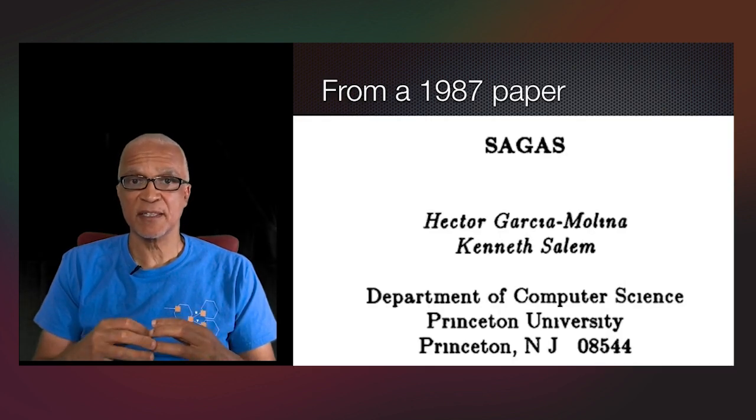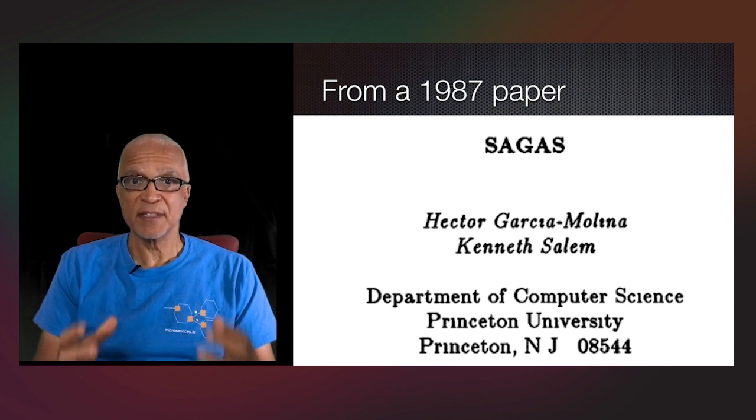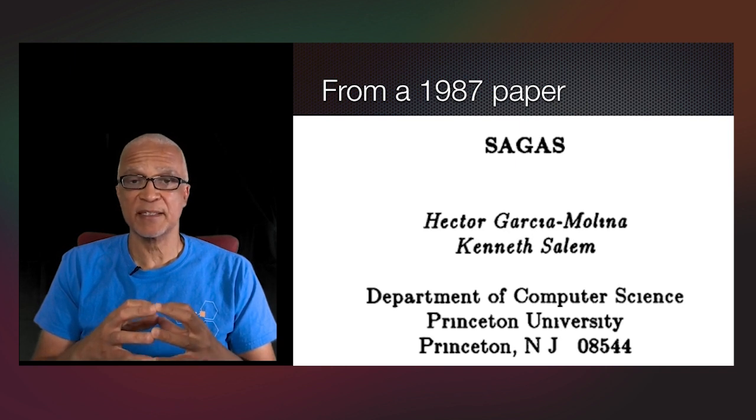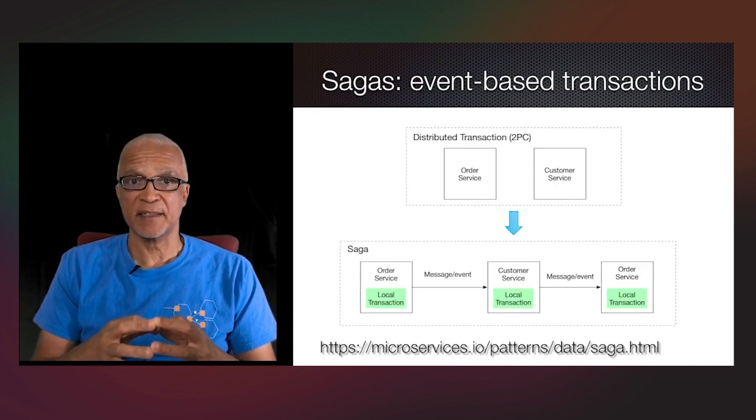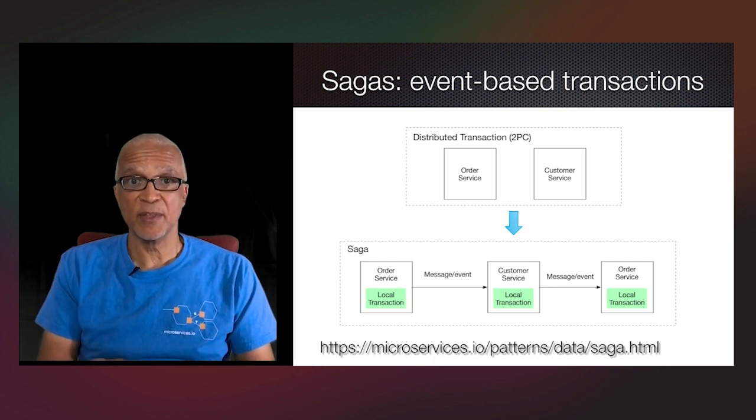In a microservice architecture, I'd recommend implementing transactions that span services using the Saga pattern. This is not a new idea. The idea of a Saga was first proposed back in 1987. The key idea is that instead of a single distributed transaction that spans multiple services, you use a Saga. A Saga is a sequence of local transactions that are coordinated through the exchange of messages. In other words, a service performs an update and then sends a message that triggers the next step.